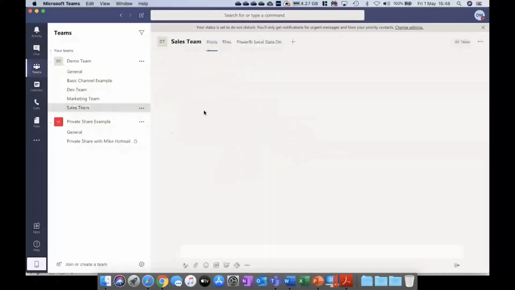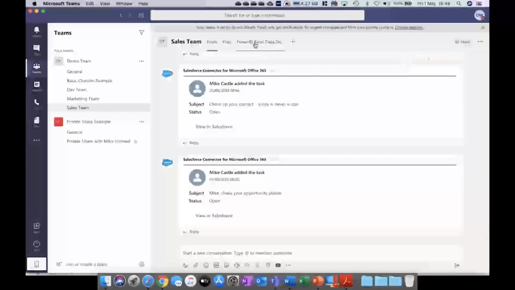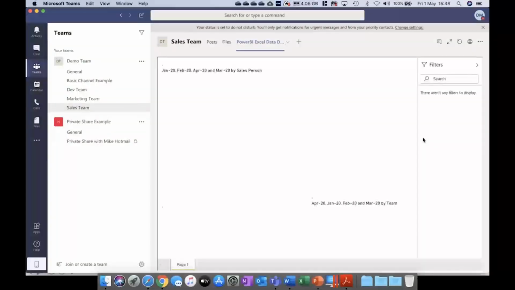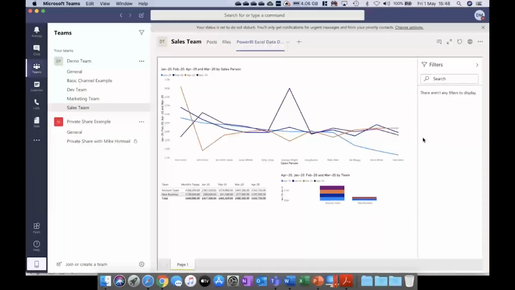So if I now go to sales team here, I have a dashboard created. And all this is a representation that's live against that spreadsheet. And it allows me to then analyze the data graphically. So I can still roll over it, it will still give me information. So there you can see where that peak comes from. Georgia was a lucky girl and she had a good sales month in March, looking at that.